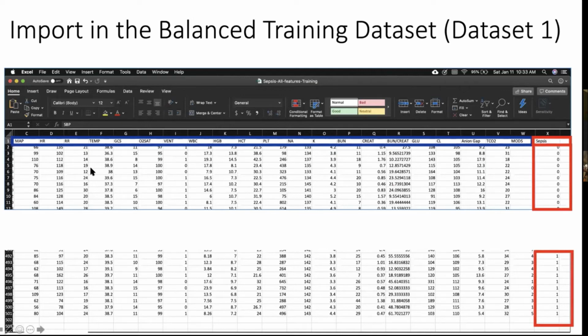And then the columns in the blue are your features. So the ventilation status, white blood cell count, platelet, BUN, creatinine, MOD score. So all these different clinical and laboratory values that were collected. And so you're going to feed this into MILO, and MILO is going to learn from this and say, okay, what combination of these are best suited for the negative sepsis cases, and what combination of these are best suited for the positive sepsis cases.